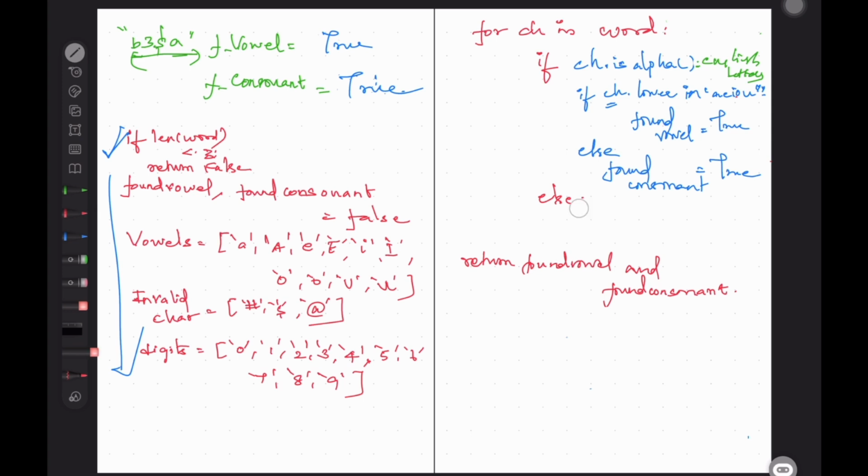So what we will be checking is elif not ch.isdigit(), which means invalid character, right? If it's a digit, we don't need to do anything. Now if we have found it's invalid, then return false.